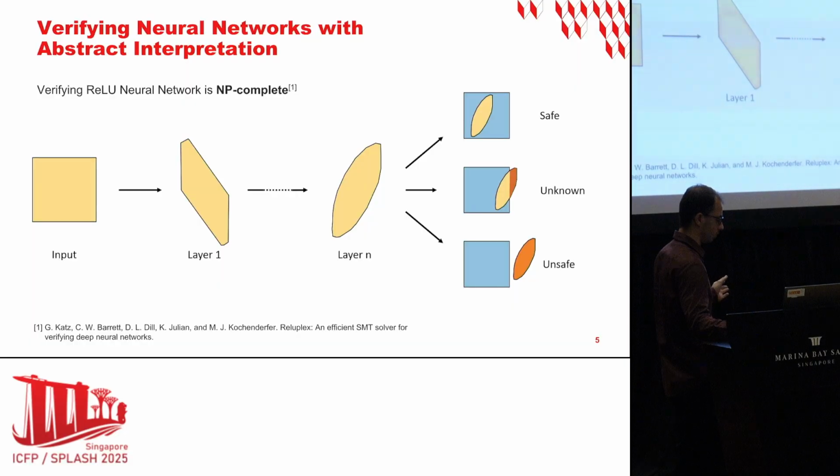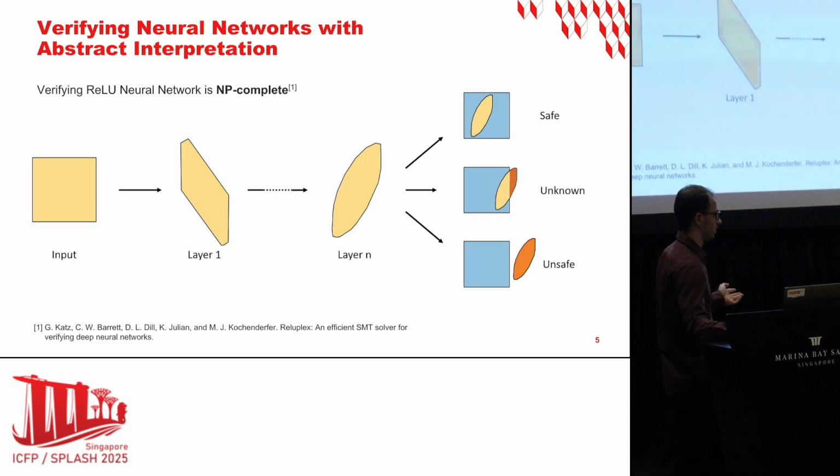We transform the input set with the first layer. We over-approximate this whole set, which gives us an approximate set, and we repeat this process, and we obtain an over-approximated output layer, which is the output of the neural network,